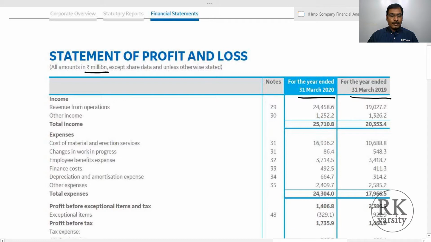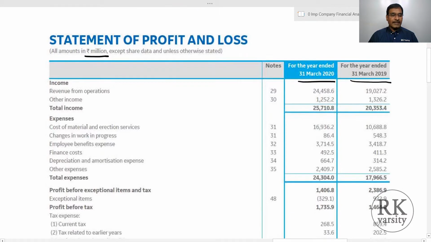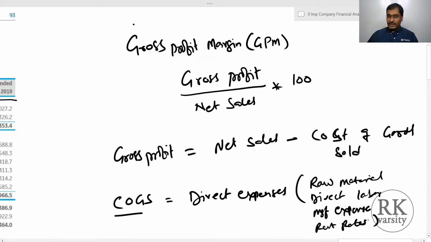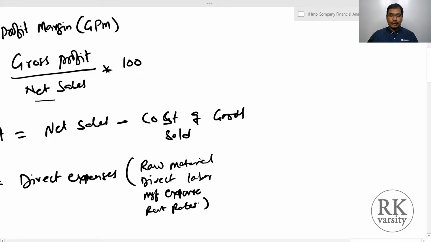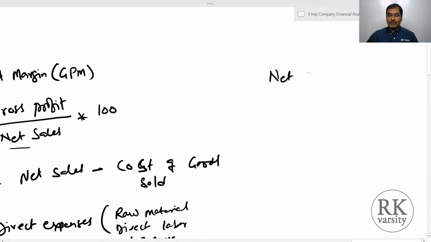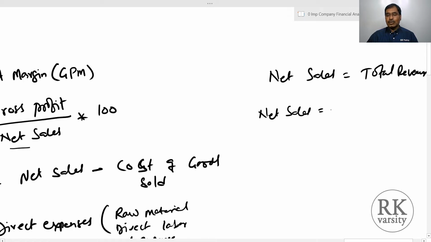Now in the statement of profit and loss account, you will see that the income is categorized into two parts. One is revenue from operations and the second one is other income. Total of this is your total income. Now when you are talking about net sales here, different authors have two different approaches. In one case, net sales are considered as total revenue, and on the other side, net sales includes only operating income. So in all my calculations, I prefer using the operating income as a denominator to calculate profitability margins,